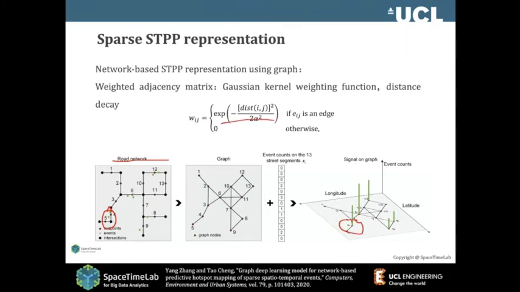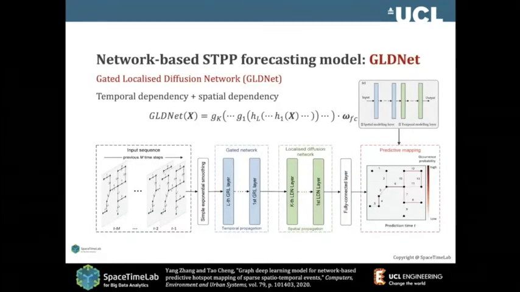Again, how do we define the weight matrix? You have so many ways. This is one way we do it. This weight definition has been used hugely in kernel-based analysis, and I think it has also been used in GWR in different forms as well. It's one of the typical ways to define the distance. So that's how we define the networks and the weight matrix, and then it's a long process. I'm not going to talk about all of it, but that's how it's finally sorted.